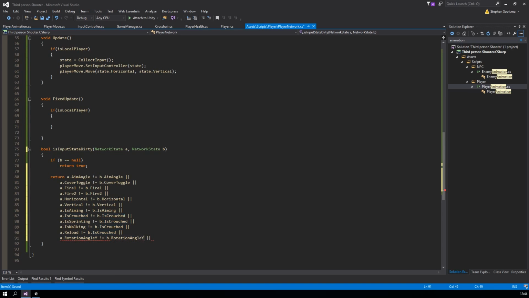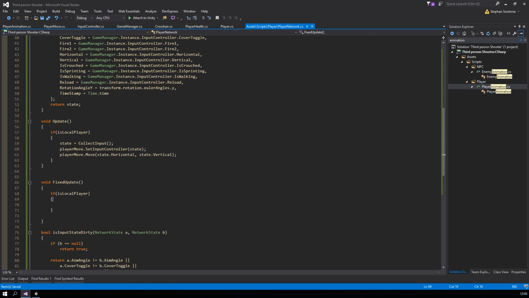You could also add in like you only want to update the rotation if a minimum amount has changed or something like that. Okay, make sure we are comparing the right values here. Yep. Okay, so this will return false if they are all the same, and it will return true if either one of these is not the same. So in our fixed update again,